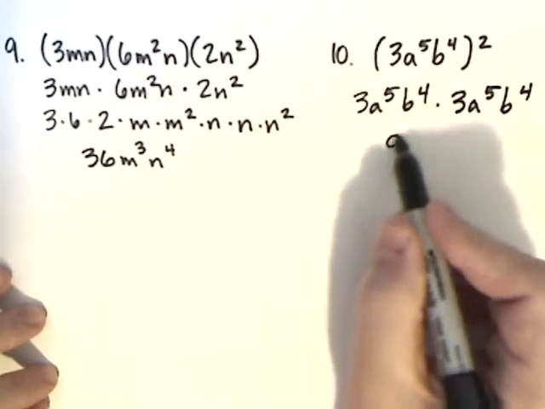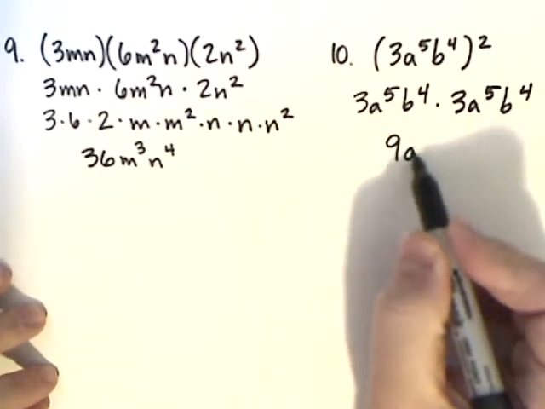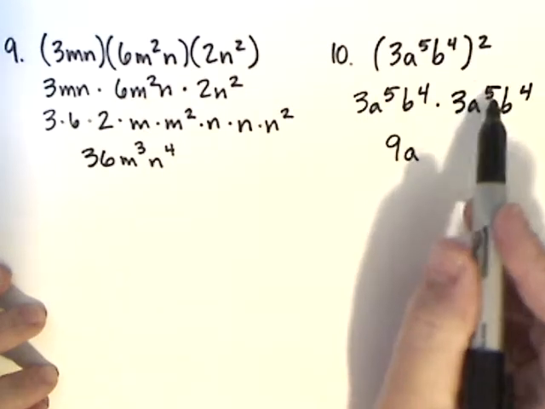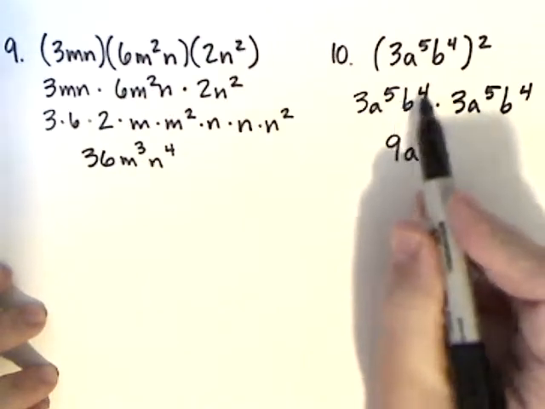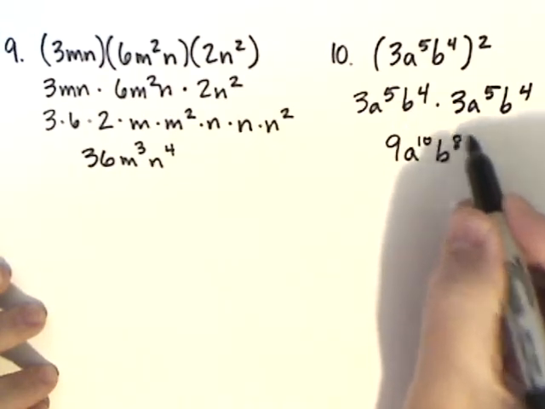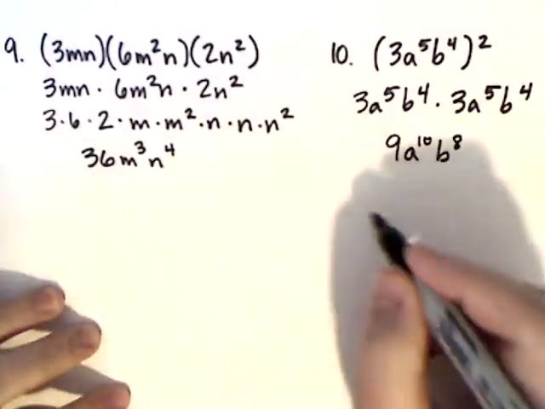3 times 3 is 9. I'm going to multiply the a's. A to the fifth times a to the fifth is a to the 10th. Multiply the b's. B to the fourth times b to the fourth is b to the 8th. Of course, the other way you could have done this,